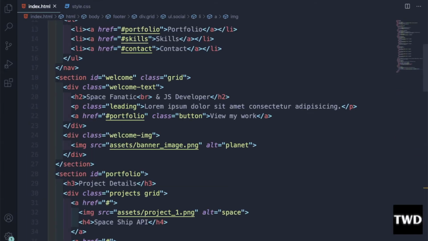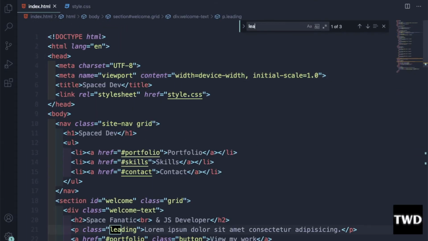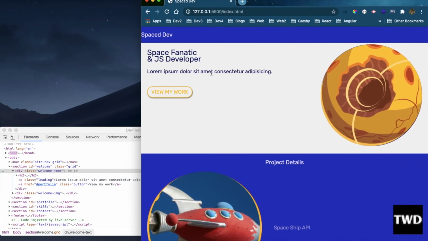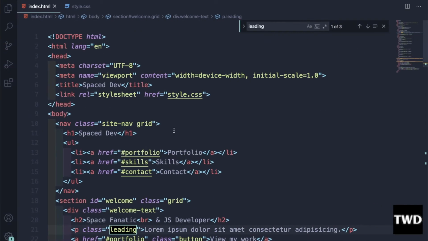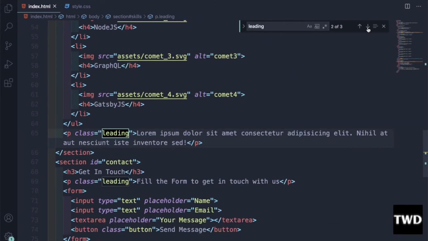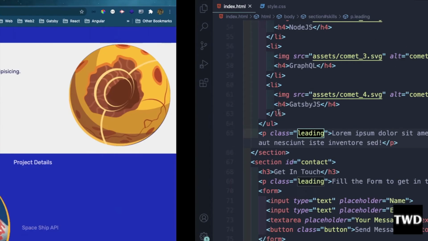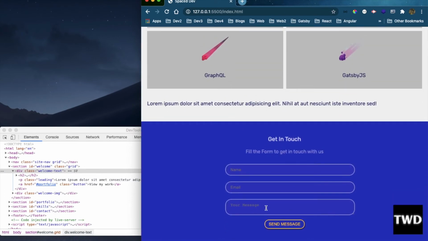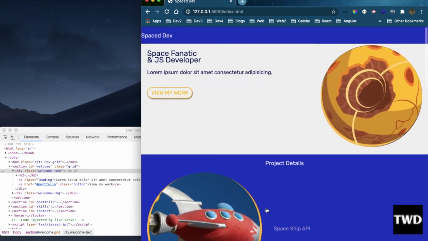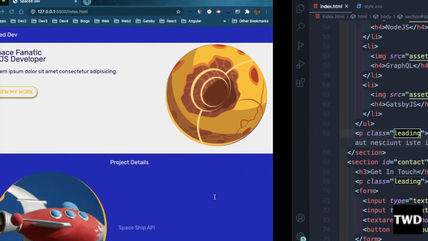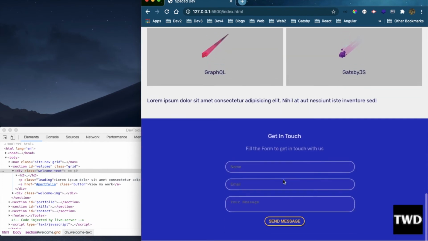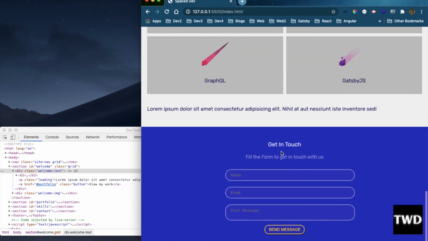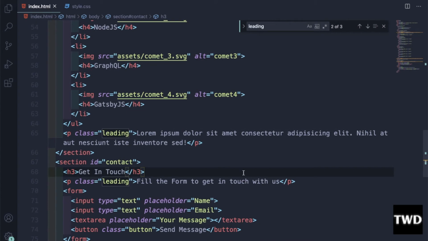So what is this leading? This leading is this. So we are giving some margin to it, and it is at another 2 places also. This one, and I think somewhere it is there. Okay, fill the form to get in touch, this one. So let us move forward now,